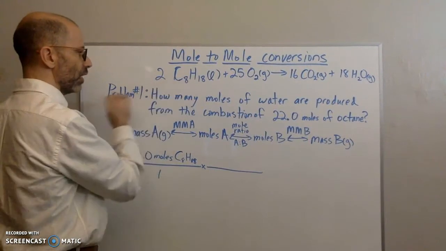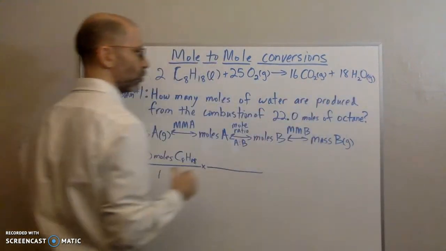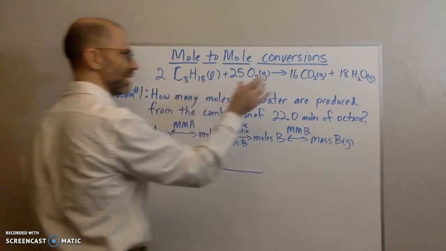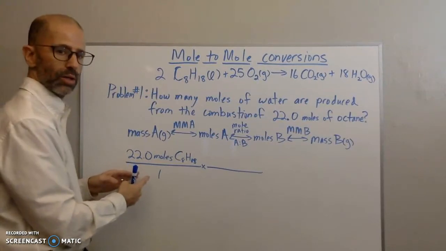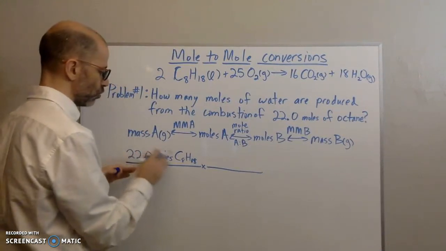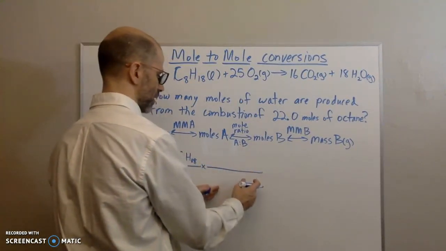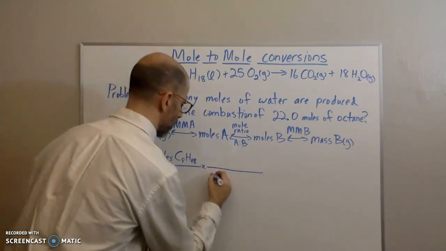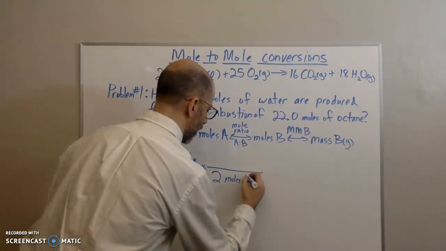So given our equation, we know the ratio is 2 moles of octane is to 18 moles of water. So if we burn 2 moles of octane, we get 18 moles of water. That's the ratio. But we have 22 moles of octane. So what we're going to do is we're going to put 22.0 moles. Well, we have moles of octane here, so we need moles of octane on the bottom. So we're going to take 2 moles. So 2 moles of octane goes on the bottom. We're using the mole ratio. 2 moles of octane,